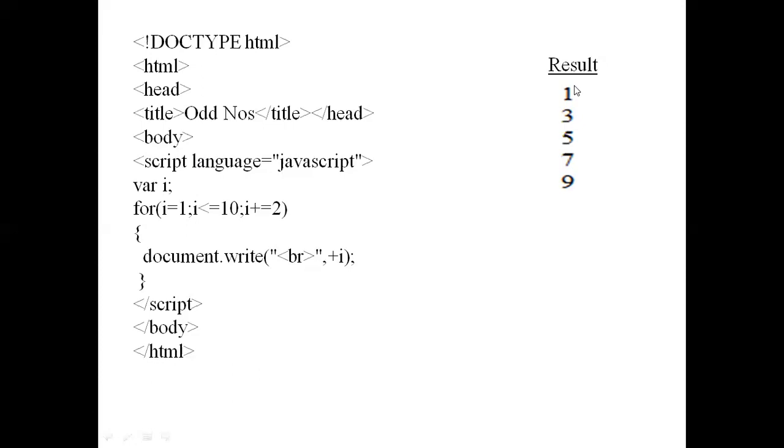I want to display all the odd numbers in the range 1 to 10. So the initial value will be 1, and it will start at 1 and end at 9 because 10 is not an odd number. So the checking will be till 10. This last value you have to specify here. So for i = 1;